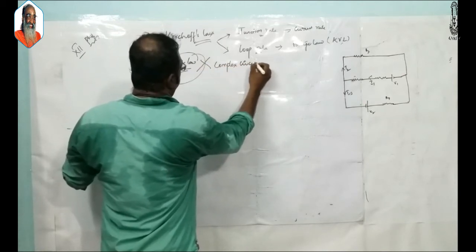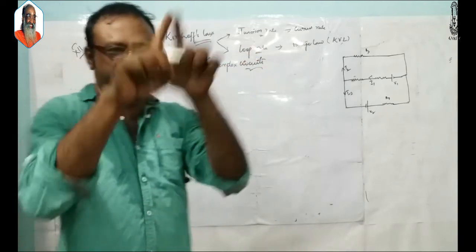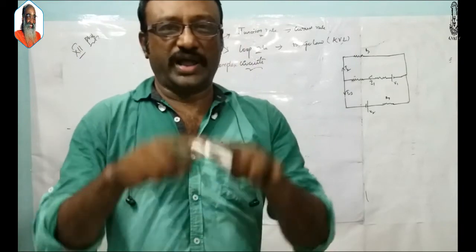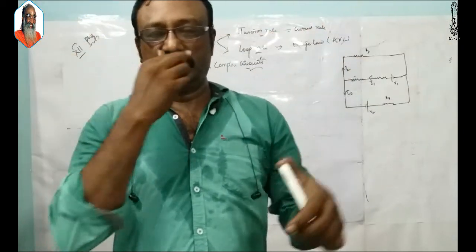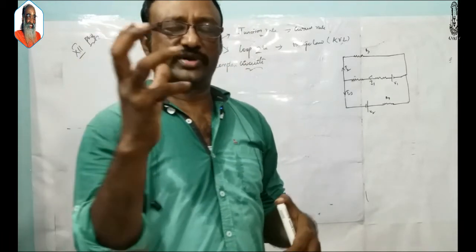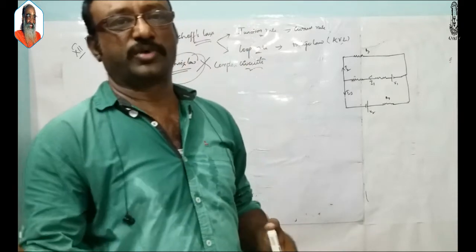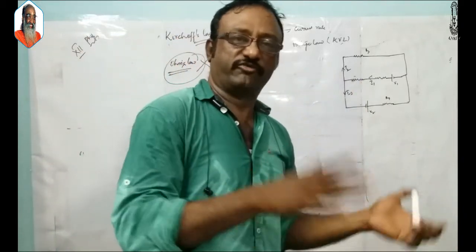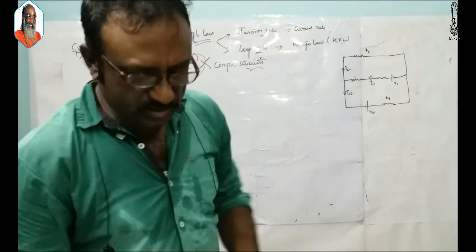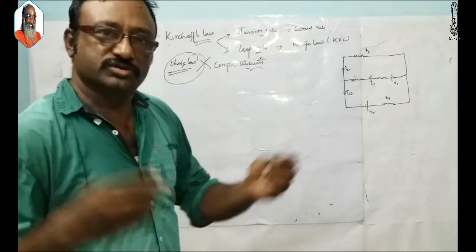Complex circuits. Suppose it is simply a circuit having some resistances and components, meaning resistors or whatever it is, we'll be calling them the components. Then V is equal to IR. Apply that and do the problems and get whatever we require, V or I or R or something else. For simple circuits, you can go with Ohm's law. For complex circuits, we cannot go with Ohm's law.